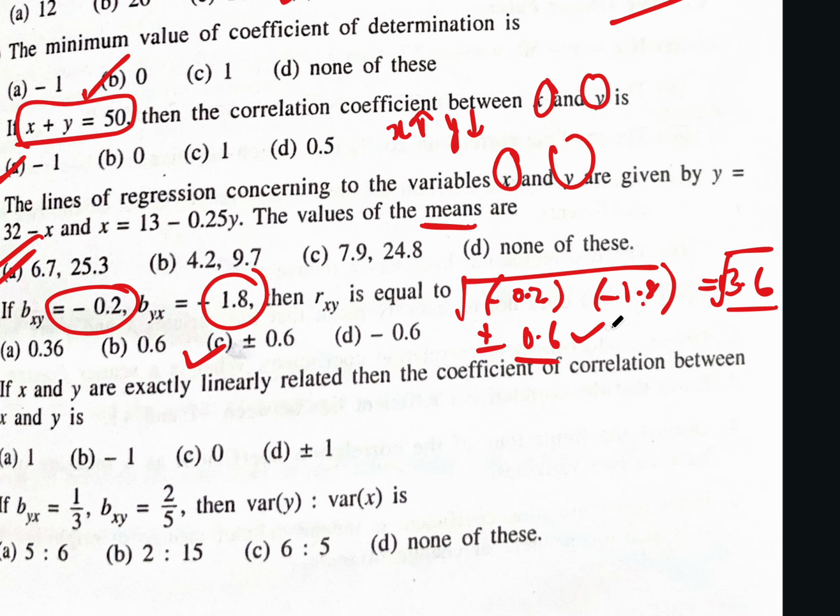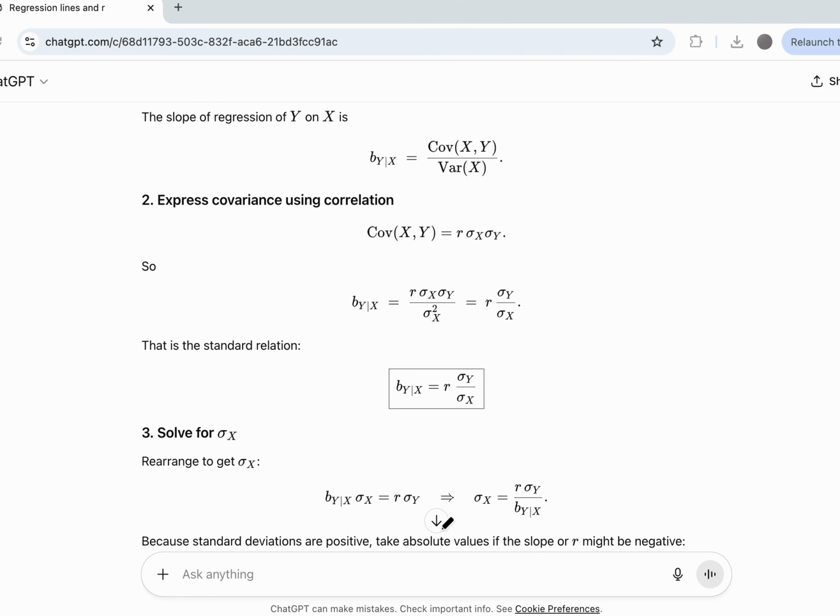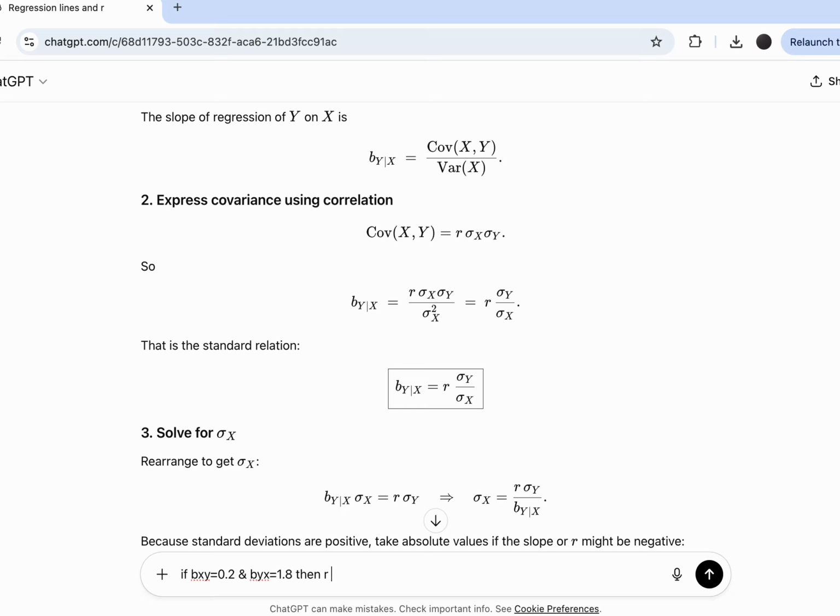In root. I will go with this only. Let us check once. Wait. If bxy is equal to 0.2 and byx is equal to 1.8, then r is